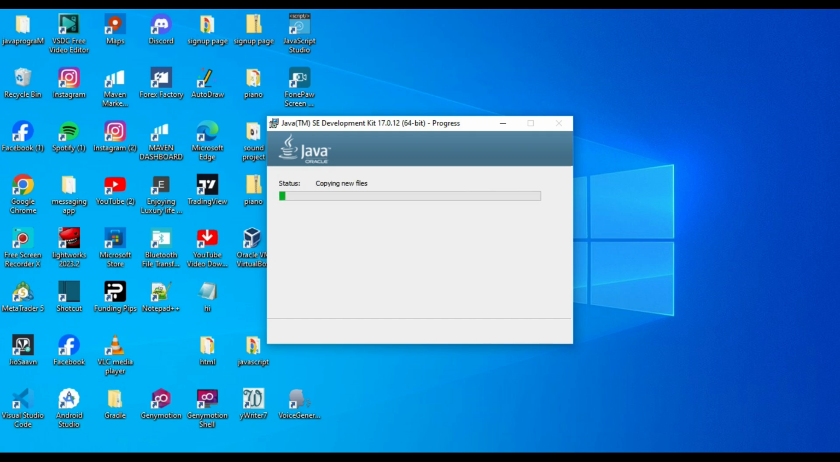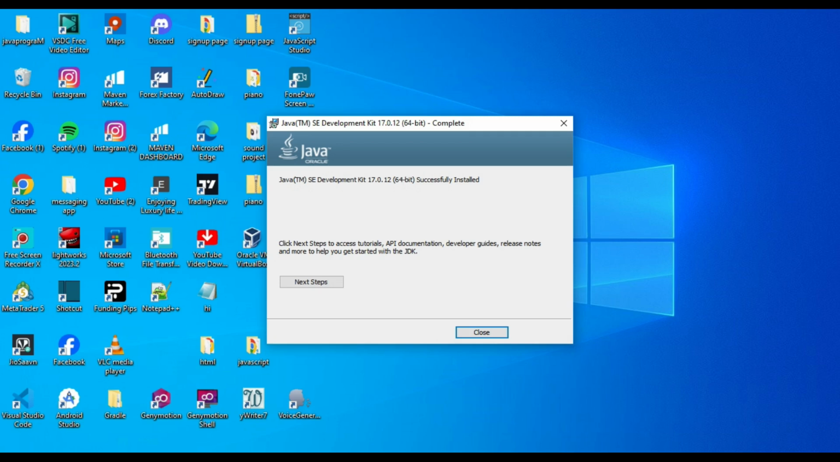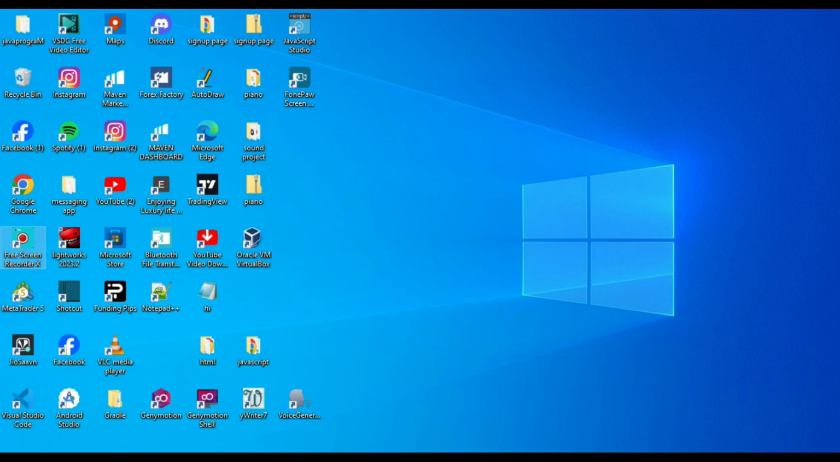Now it's not going to take a long time. It's just going to be taking a little bit of time, but not much. Okay, so just wait. So now our Java is completely installed in our computer. So just now you need to close it, and then the next step we're gonna do is we're gonna go to